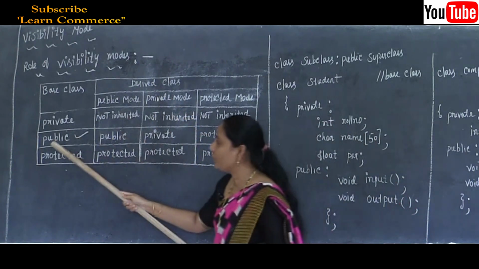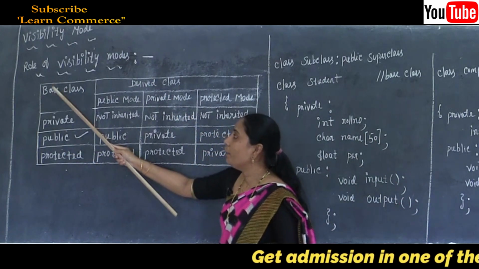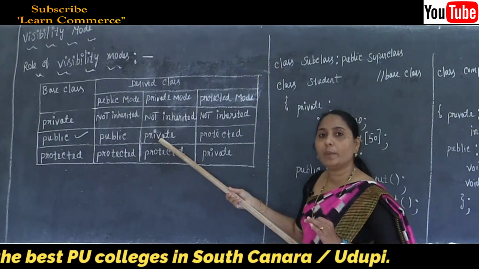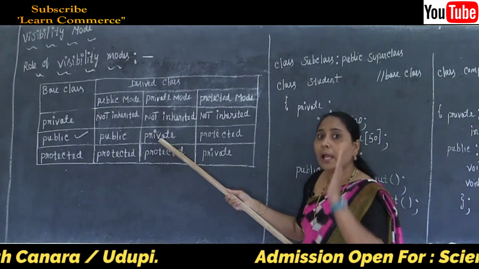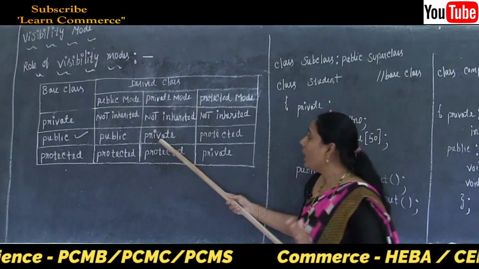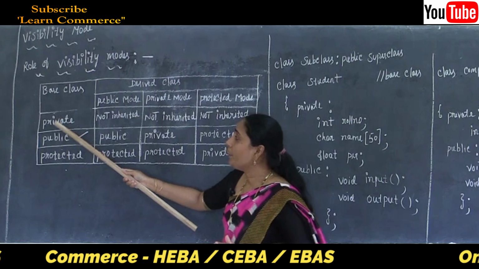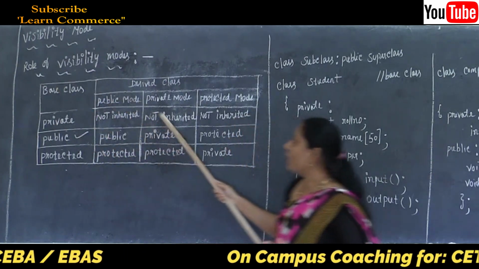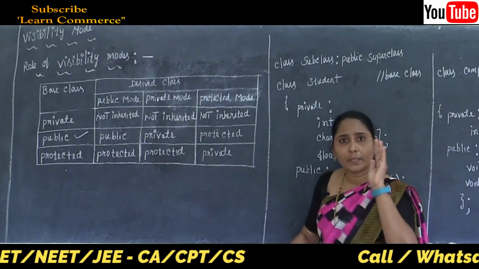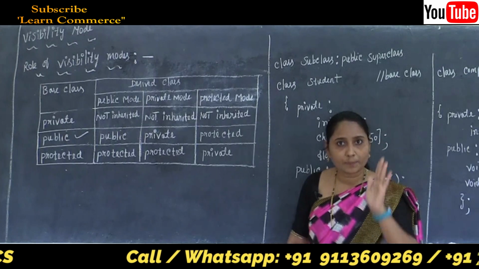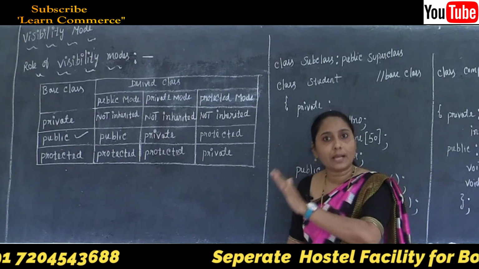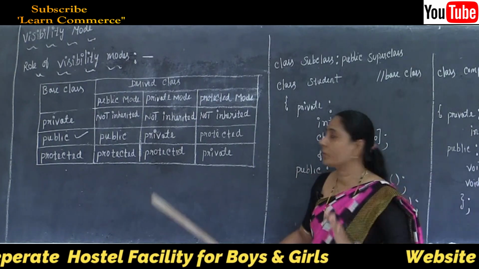And next, we can say that the public member of the base class becomes the private member of the derived class. We can shift the base class public members to the derived class private side. And the second thing we can say is that the private member of the base class cannot be inherited to the private side of the derived class. The base class private members are there, but such members are not possible to shift to our derived class private side. So this is the note here.